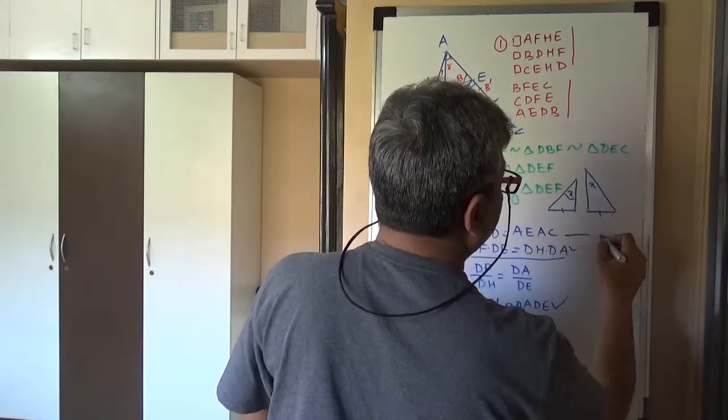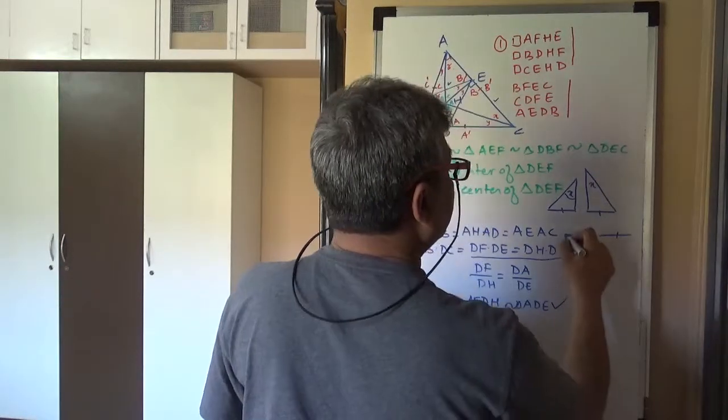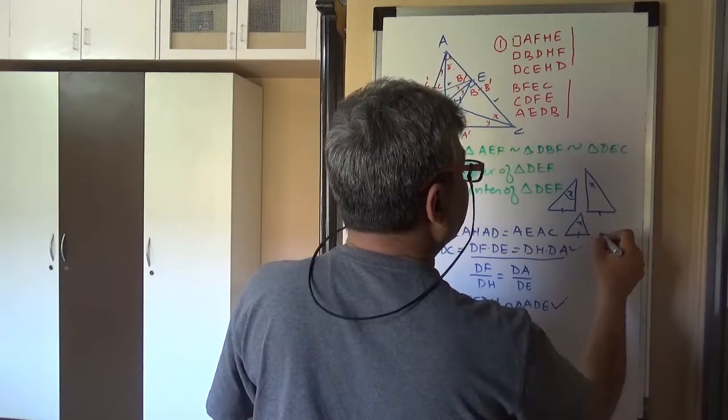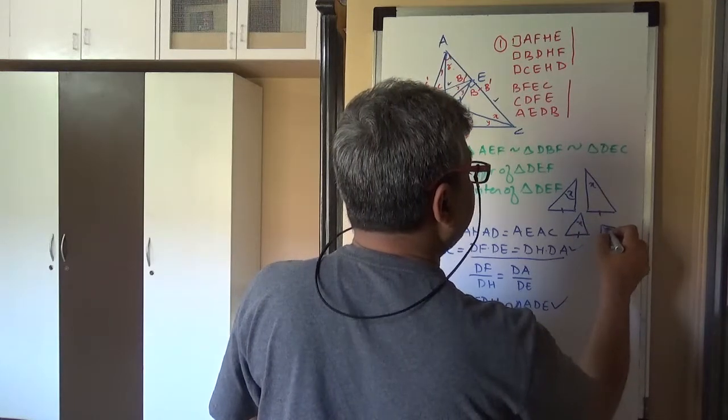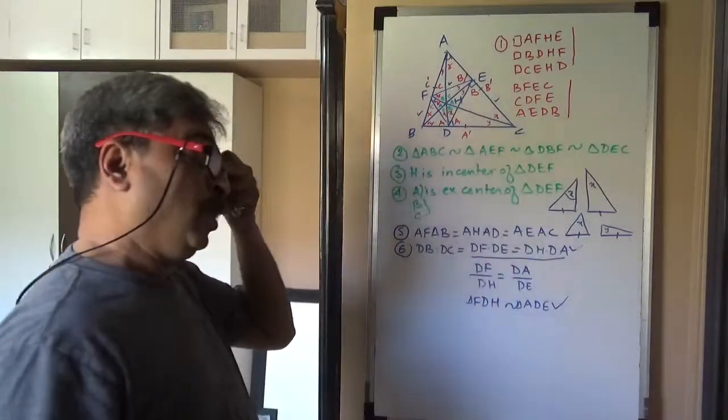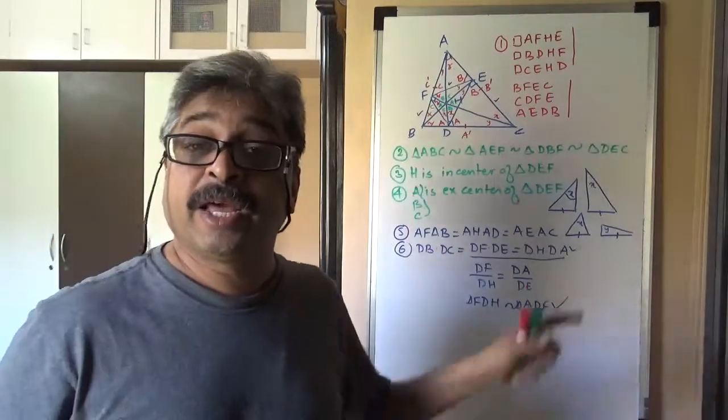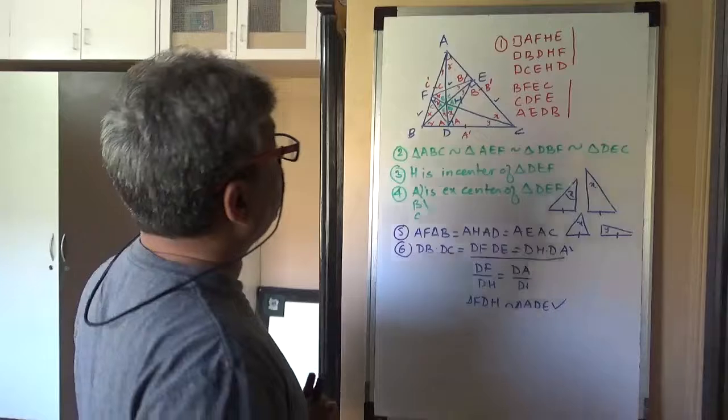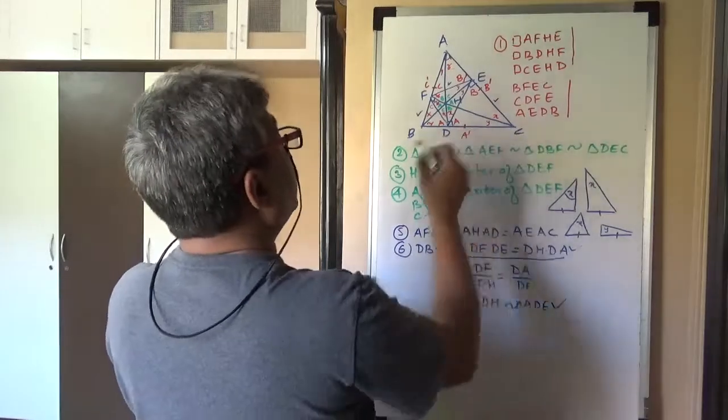Another situation that we have studied is if these two segments are congruent, if one angle is X and another angle is a supplement of that, X plus Y is equal to 180, then also the circumradii of both these triangles will be equal. And now therefore